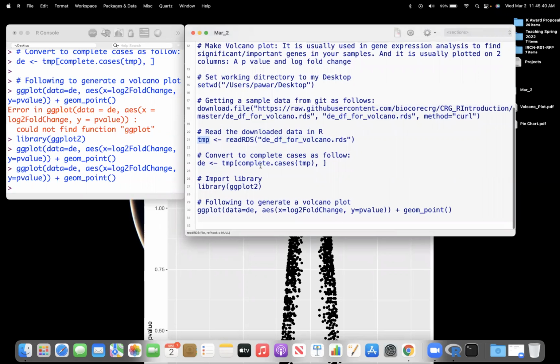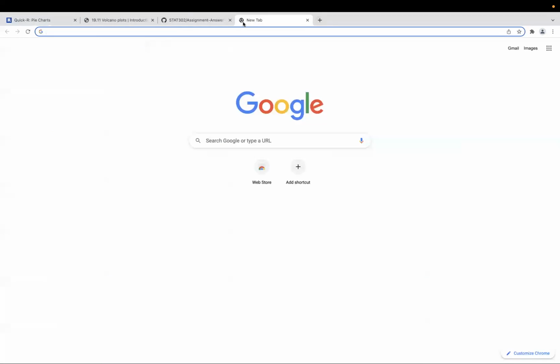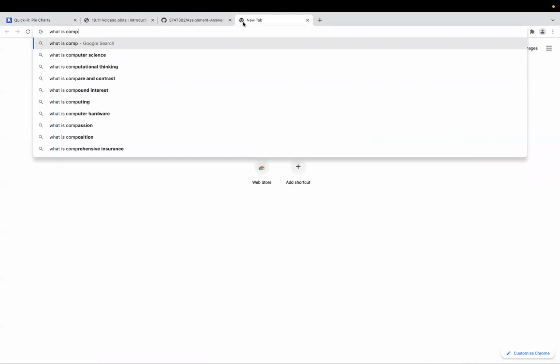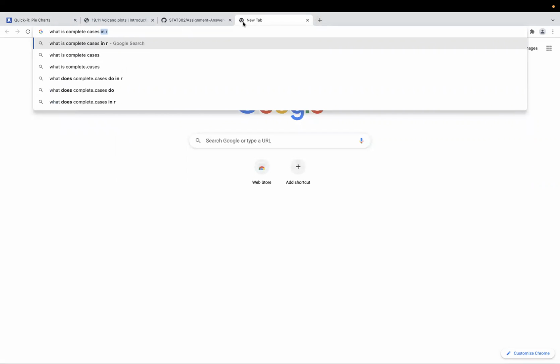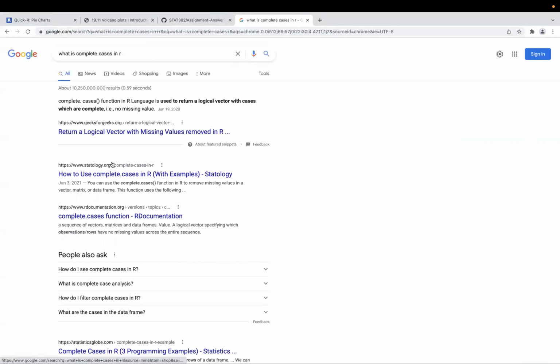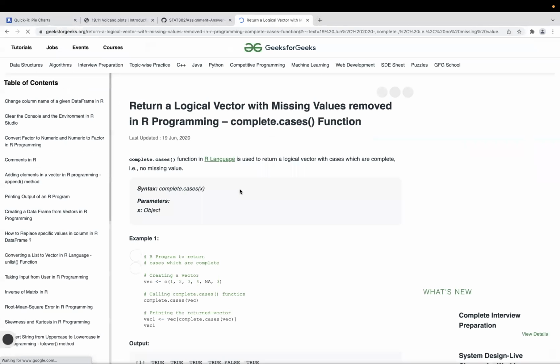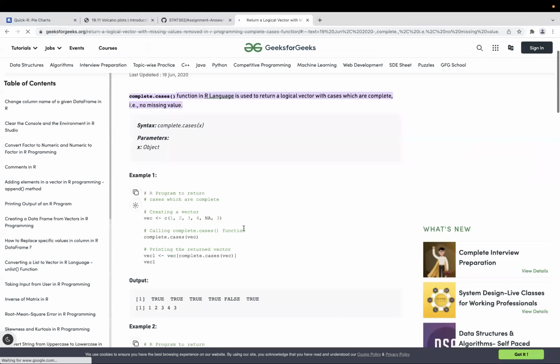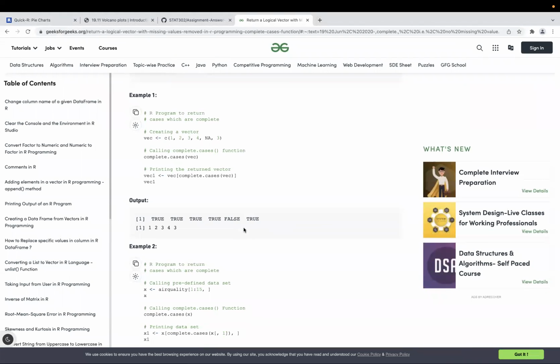The next thing is complete.cases. Okay, so this is also new. So what is complete.cases in R? There is a function called complete.cases. Just to give you an example,